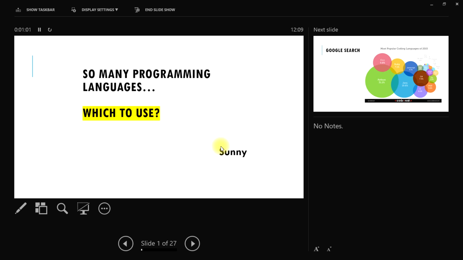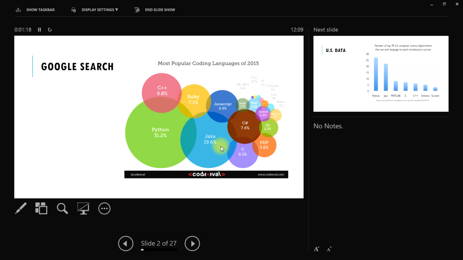So I'll start the slides with, okay, there are so many programming languages in the world, I guess more than 20, 30, so which one to use? It depends upon the application. Each programming language has its benefits and drawbacks. So I did this quick search yesterday. If you search on the internet, Google search, there is no valid thing, I haven't downloaded it from anywhere. Sorry, I haven't downloaded it from Wikipedia.